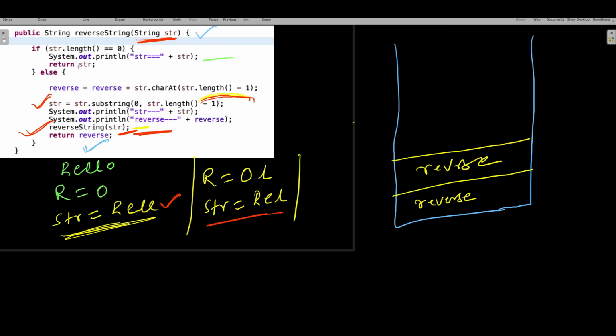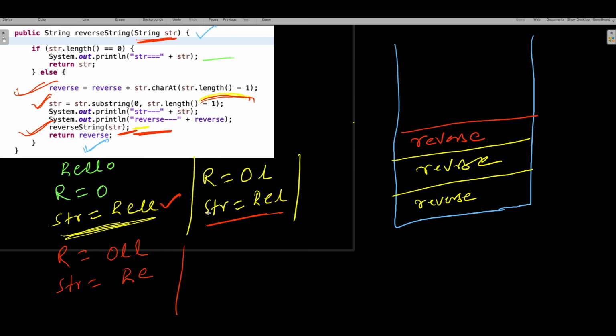So again it will check for the length and come here. When it comes here, your reverse is going to be 0LL, and your str is going to be HE, and then again the recursive call will happen with the str. Then again the same reverse will get stored here.